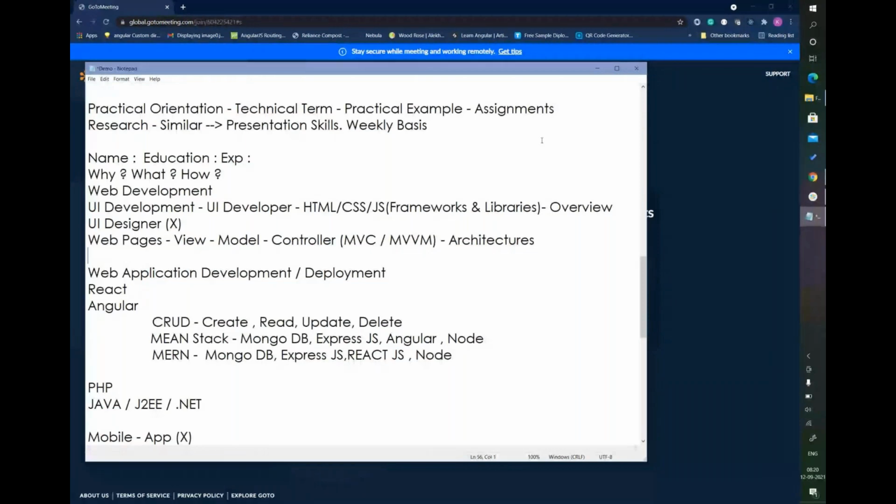So yeah, I'll call out the names. If you are not able to unmute your mic and talk, you can type over the chat window, so that I can know about yourself. Okay, so Balachandra Moli, if you are not able to talk, you can type over the chat window. And next is Bhu Lakshmi Nellori.